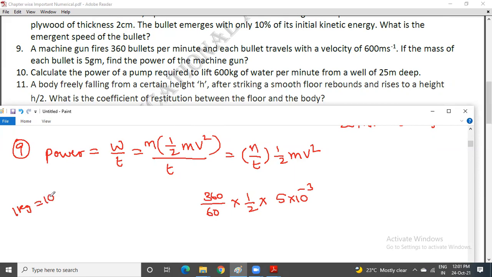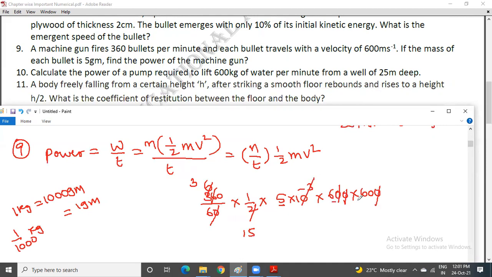because already I told you 1 kg is equal to 1000 gram. So 1 gram is equal to 1 by 1000 kg. You will get 1 gram equal to 10 to the power of minus 3 kg. And what is V given? V 600 given. So squaring of 600 means 600 into 600. So this is 6 times, now you can make it, this is 3 times. It is 15. Then you can cancel it.